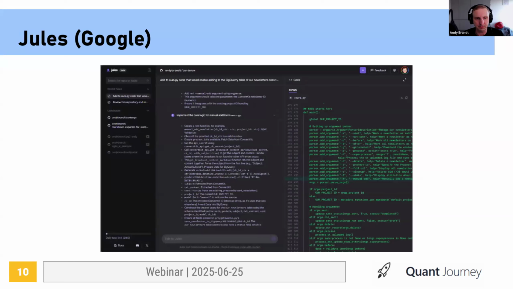Now, Jules is Google's product, and it uses Google's models, which are right now very good and have an excellent ratio of price to power, I would say, because Google is trying to recapture the market. So I find myself using Gemini 2.5, even in Cursor, a lot more than other models, also because it's actually quite cheap for the power it offers.